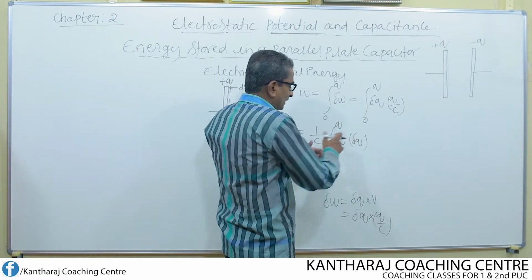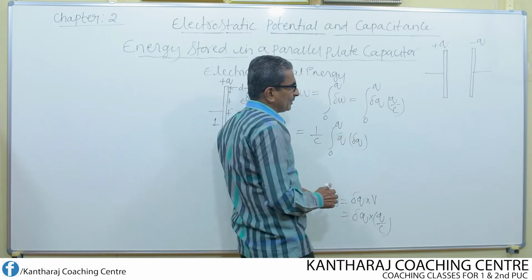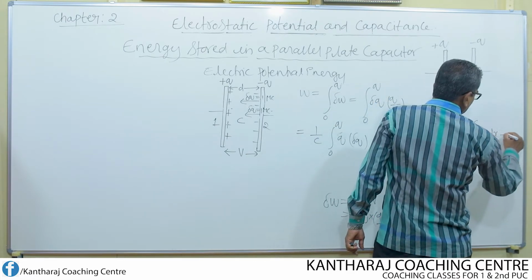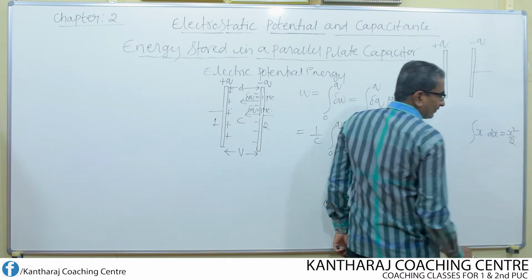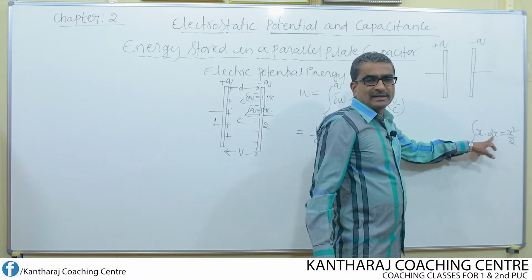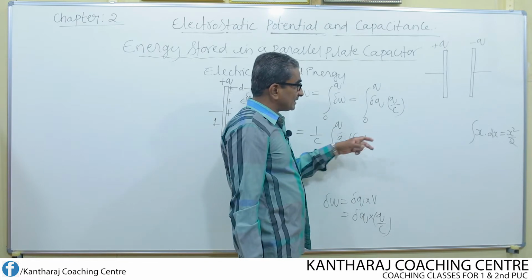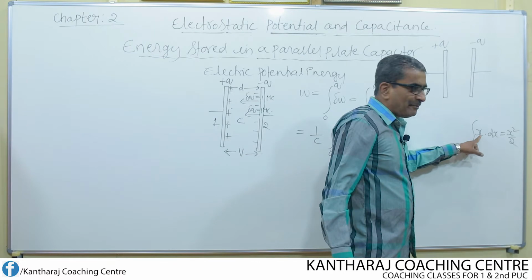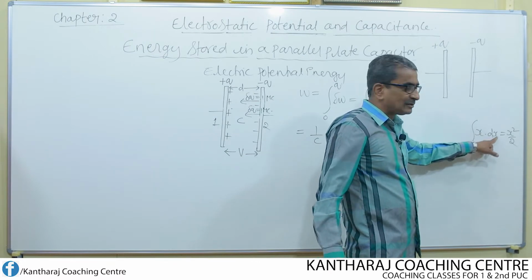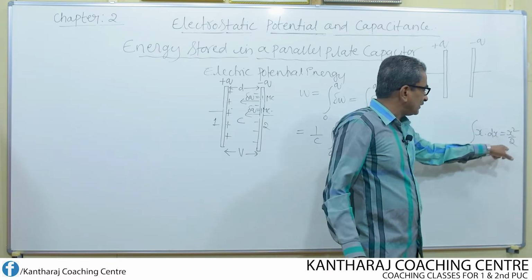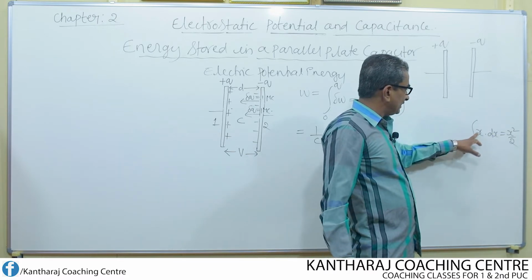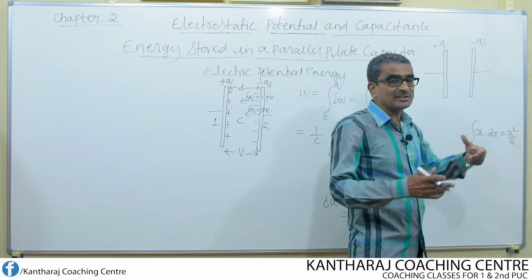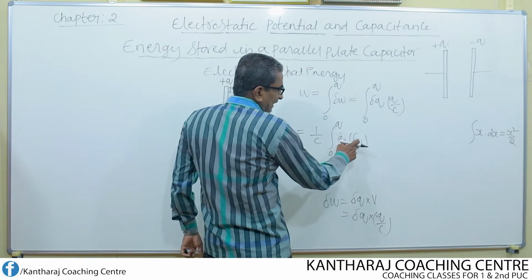Now, there is one basic formula. What is the basic formula of integration? The integral of x with respect to x is equal to x square by 2. Only thing is here dx is there; instead of d, delta is there. So I am integrating the same variable. X is there, here also x should be there. Then only this formula holds good. If here it is x and here it is some other variable like y, z or k, then the formula changes. Q is there, here also Q is there.